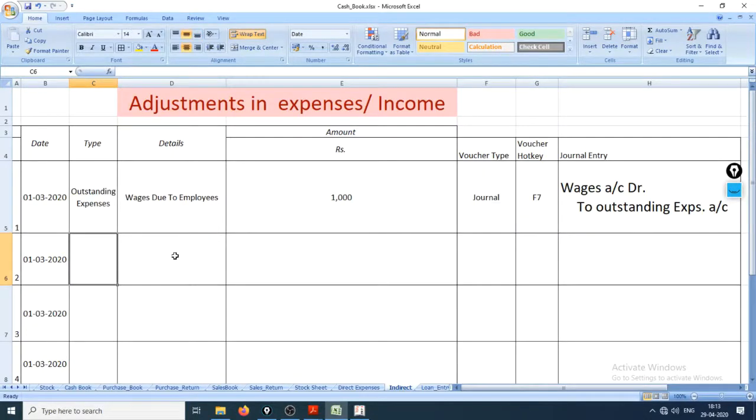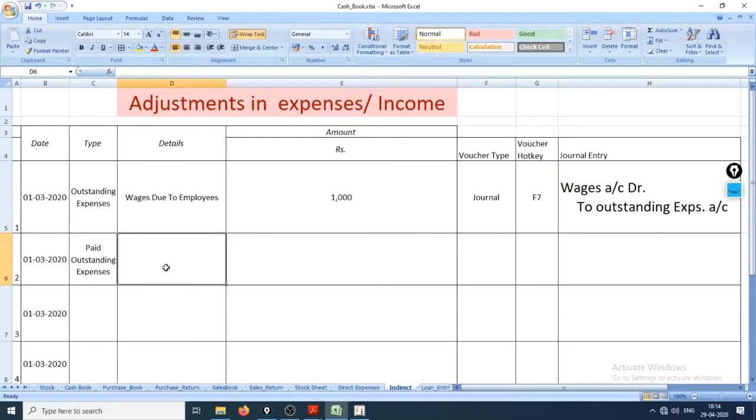Now let's learn what if this outstanding expense is paid right now, because we have opening balances of outstanding expenses. Let's write the question, that is, paid outstanding expenses. The process of creating the question yourself is very important because it helps us learn why the problem is created and how it can be solved.